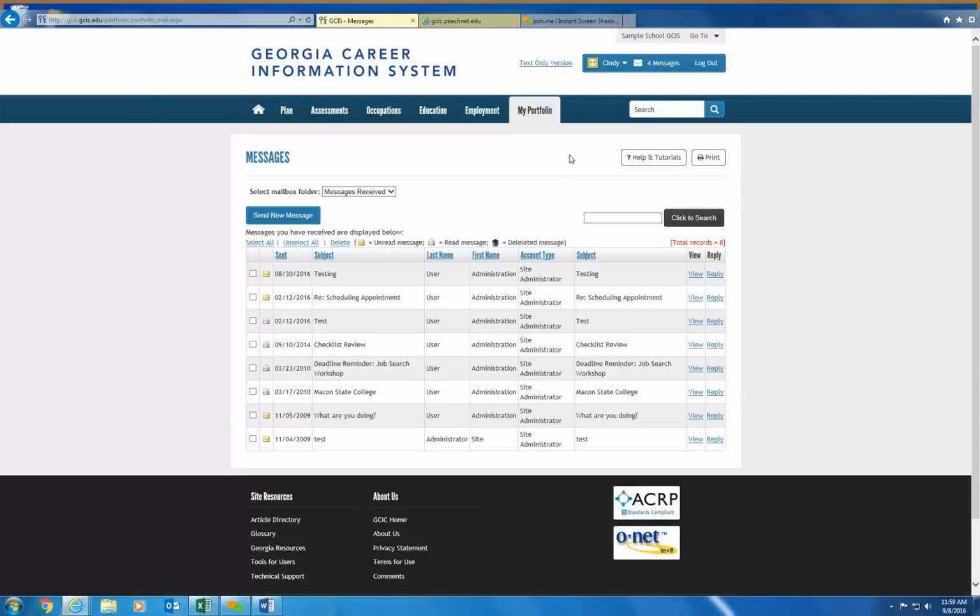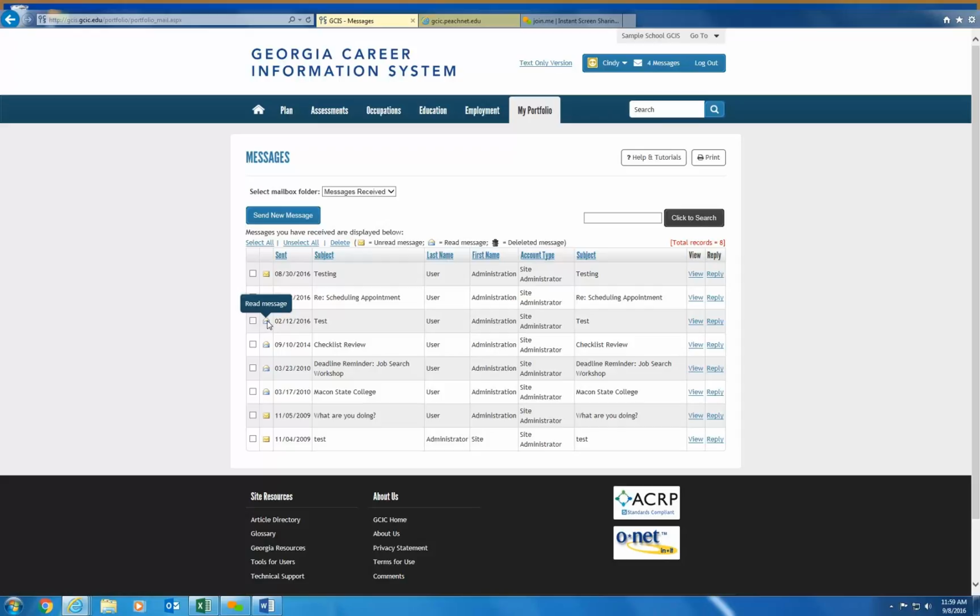And within this particular component, your students actually have a messaging board where he or she can see information that they have received. So at the top of the screen, your students can click on the messaging and see closed envelopes for messages that have not been read. They will have an open envelope for messages that have been read, and your students will also have an opportunity to delete messages.